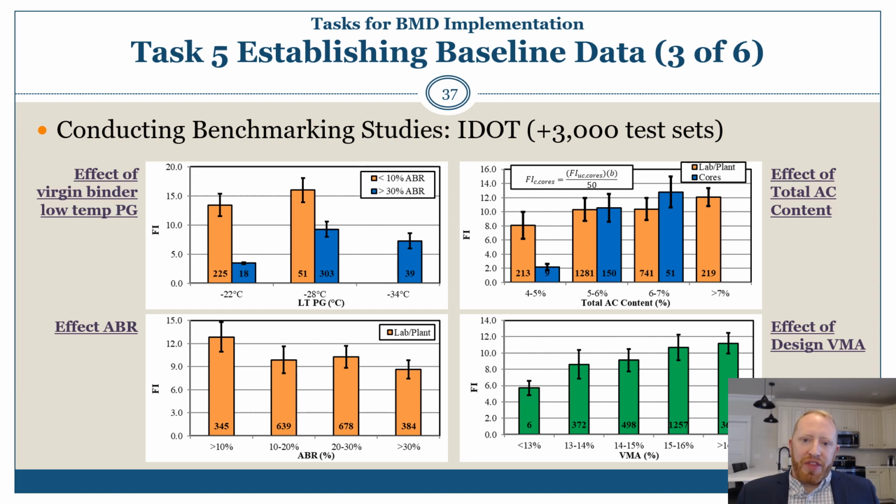volumetric properties, or things that they would expect, that everything else being equal, that more asphalt would lead to better flexibility index. And you see that in the top right. Okay, that a lower PG temperature would get you better results. That more recycled binder might lower flexibility index. Or that more voids in the mineral aggregate would lead to more effective binder and a higher flexibility index. So this gained confidence for them, that they saw trends that overall, that what they expected to happen was reflected